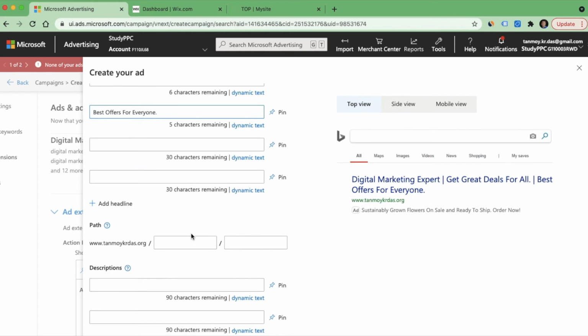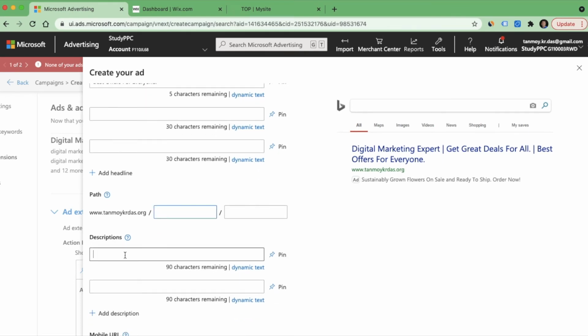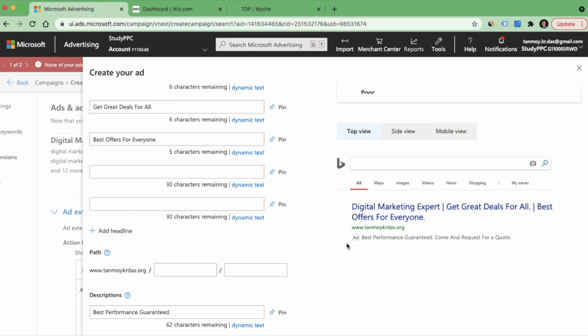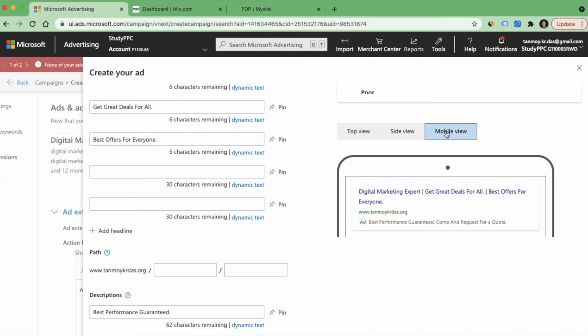You can also give any path if you want to give, and you have to give 2 descriptions. In this manner, you can build the ad. You can see the preview of the Microsoft Ad on the right hand side, how it will look on the top view, side view, and a mobile view.